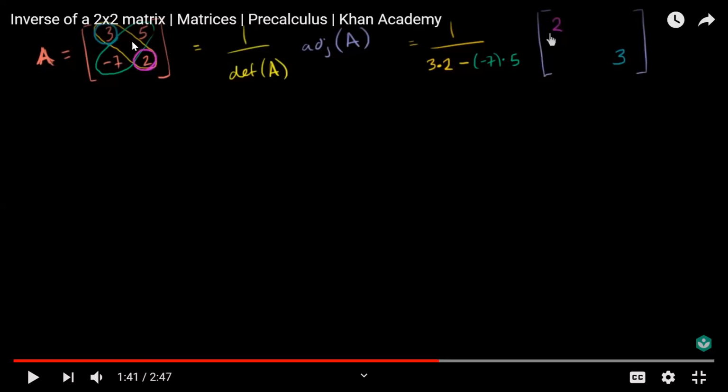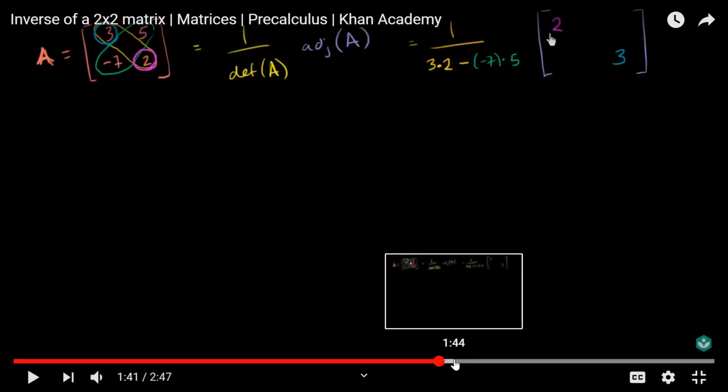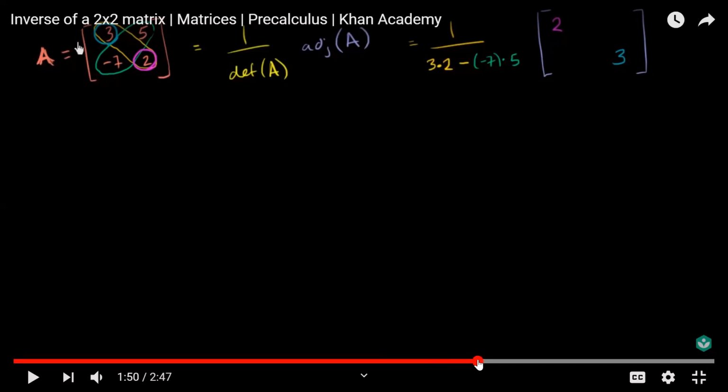And on the other diagonal, we have to change the sign of these elements. We will not change their position, but we will change their sign. So this is a kind of mechanical activity that you have to perform to find the adjoint of a matrix. So you have -5 and 7. So 5 had a positive sign, so now it becomes negative, and -7 had a negative sign, so it becomes positive.